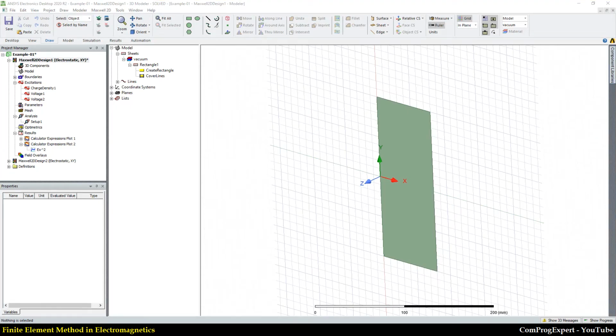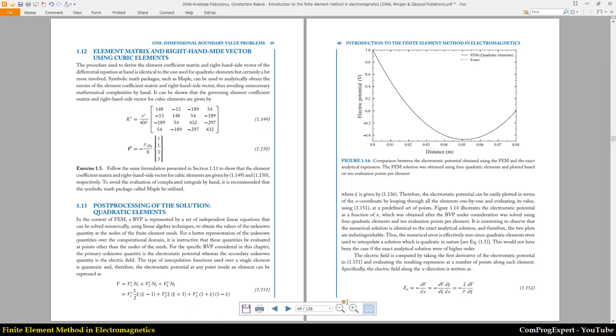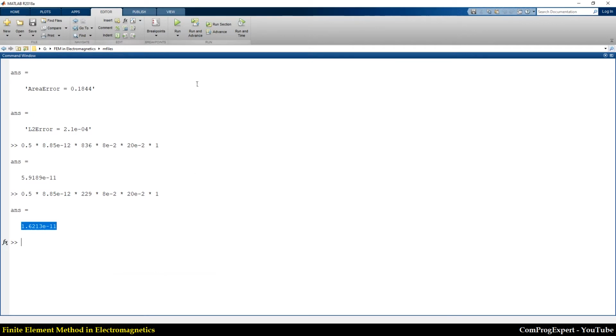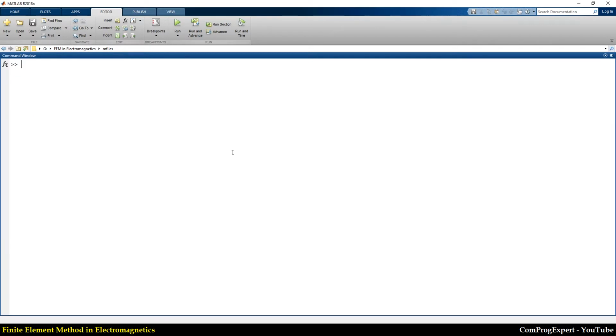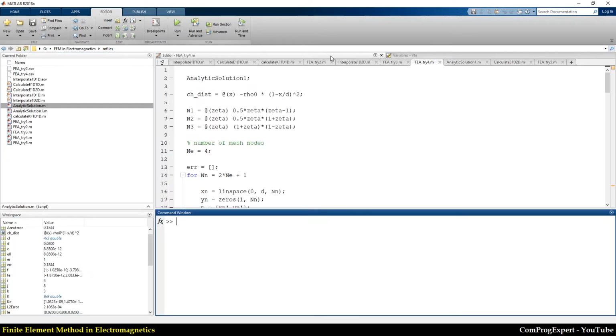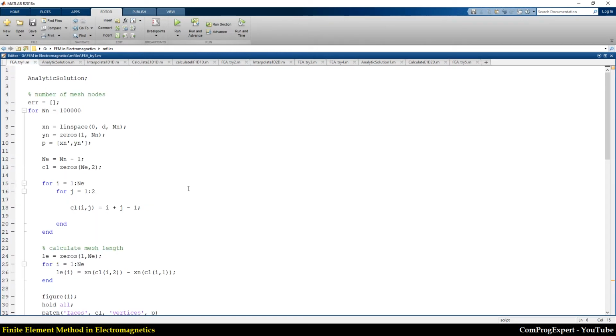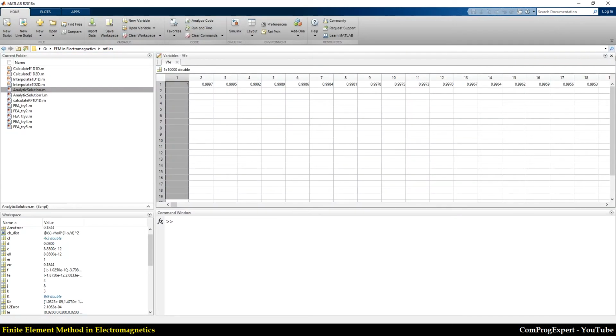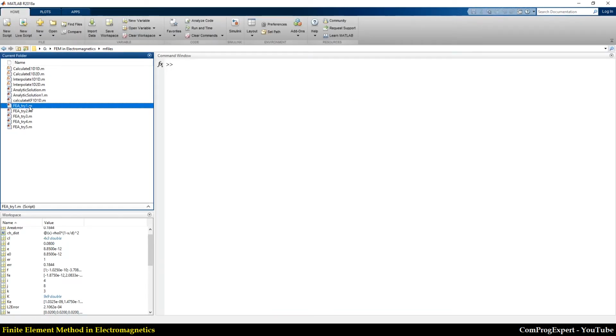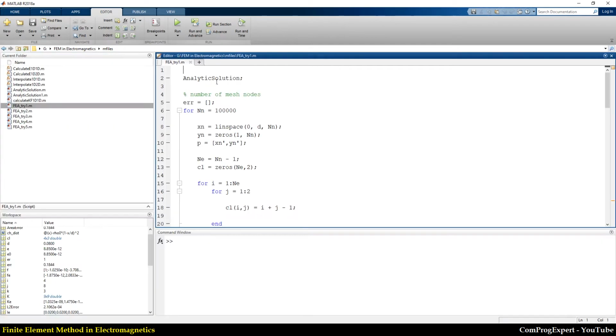Okay, so now I am going to present an important topic that we will use in all of the calculations and codes that we will write next. It's a sparse matrix calculation. So let me close all of these files and open finite element try 1,